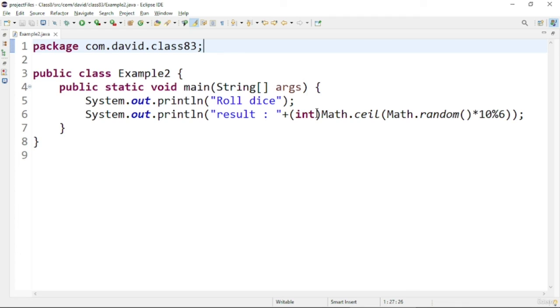So let us summarize this lecture. In this lecture, we saw the math class, which brings mathematical operations in Java. You have to use the math class carefully to avoid large values. If they come into a small container, there will be an overflow and underflow, which you have to handle. We will discuss more about this when we discuss big integers and big decimals, then we will understand how to avoid this kind of